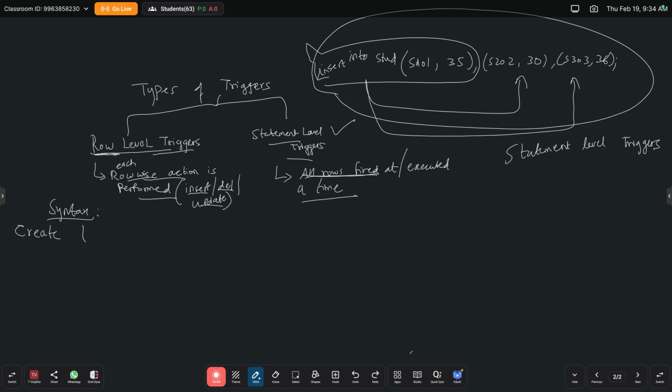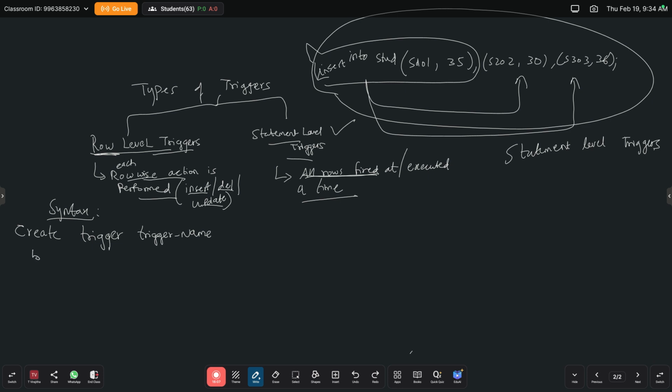Create, like a table you need to create a trigger. How we used to write create table, table name, right? Here also create trigger, trigger name. What are the different operations? I can perform before or after.